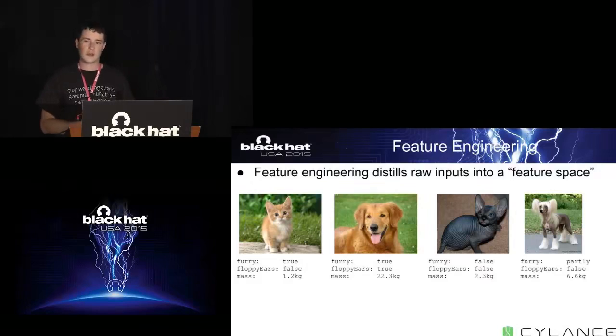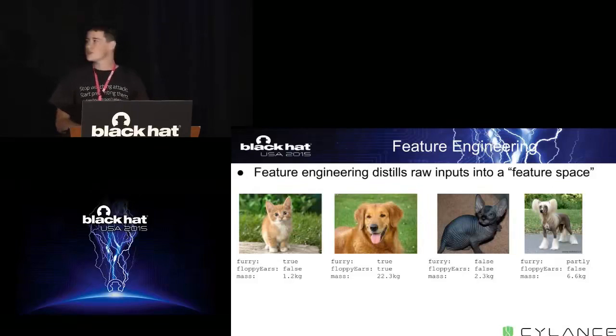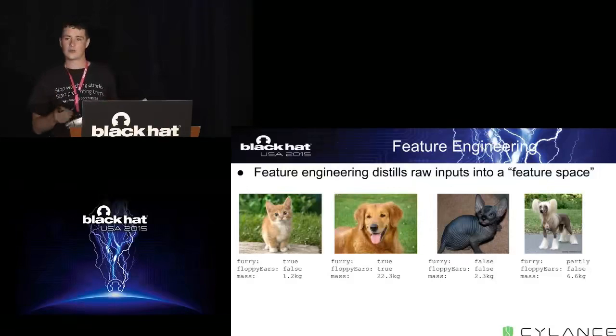And presumably, if you're not a bot, you have no idea what a cat or a dog is, and you're just going to choose randomly. And the CAPTCHA isn't going to let you submit your form or whatever you're trying to do. So let's say we're trying to break this thing, right? So what we would do is, instead of dealing with the input image, which may be very complicated, cats have a wide variety of looks, dogs have a wide variety of looks, you would write something to break the problem into smaller chunks, right?